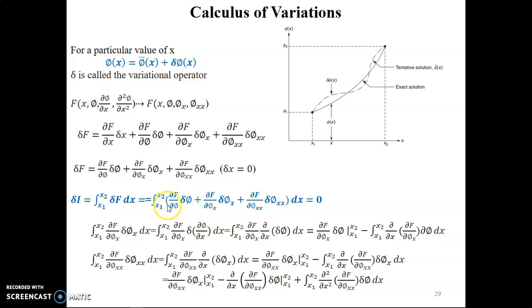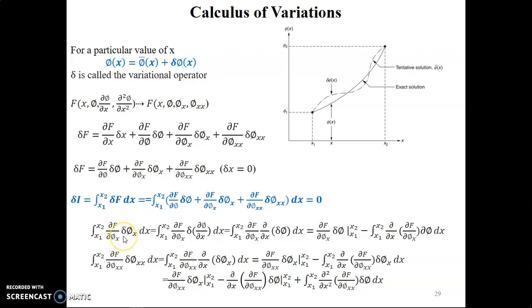As you can see, the integral consists of 3 terms. The first term is very simple and we can leave it as it is. The second term is a complex one. We need to further refine or simplify it. So we will be considering here only the second term, defined as the derivative of f with respect to the first derivative of the field variable.